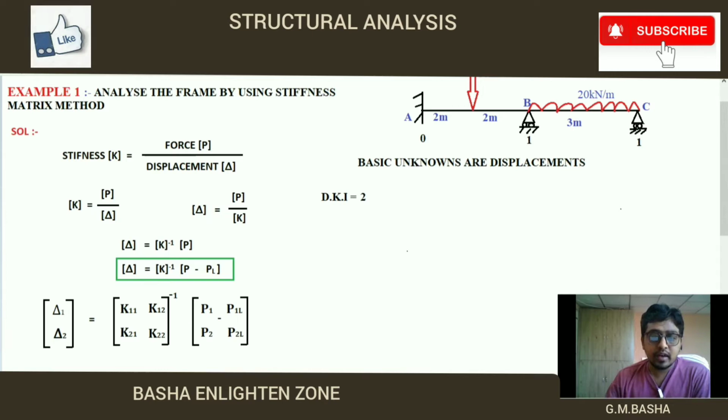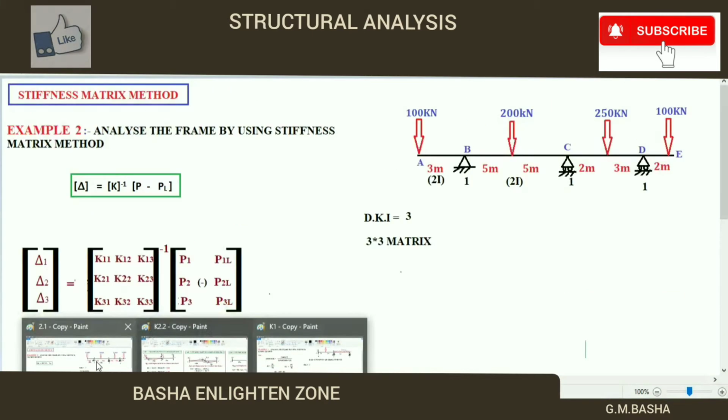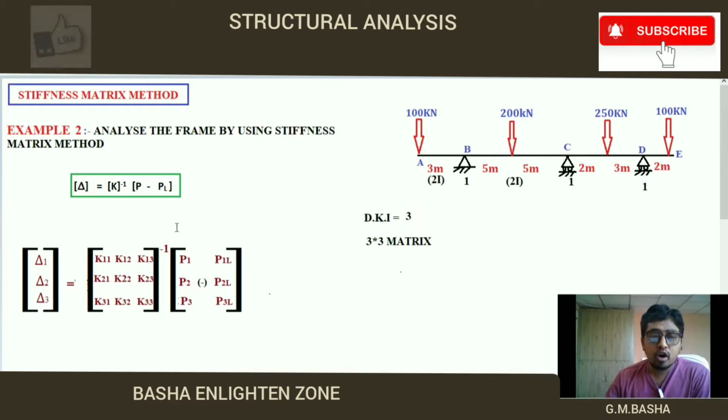At the same time, here the matrix will be in the form of 3 by 3, so I am changing this formula according to the matrices. There will be 3 unknowns. Your degree of kinematic indeterminacy is equal to 3, which means there will be 3 unknowns, that is delta 1, delta 2, delta 3. Again this can be written in the form of 3 by 3 matrices, that is k11, k12, k13, k21, k22, k23, k31, k32, k33. Similarly, external forces based on the unknown displacement conditions and given loading conditions are also based on this only. So this is the 3 by 3 matrices. You can modify this formula in the form of 3 by 3 matrices.